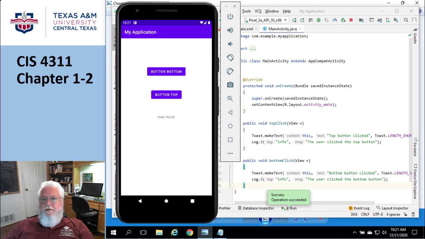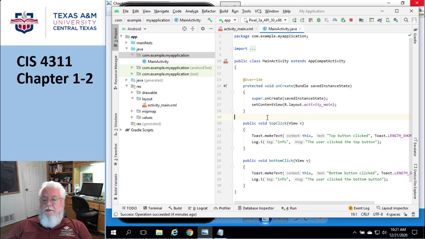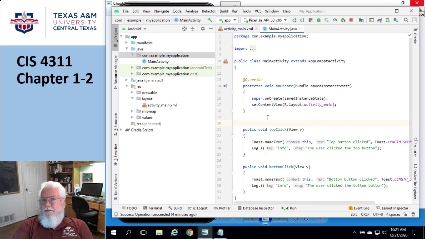Now you may have noticed that the technique I use for copying the button is a little different from the book, but that's okay. So let's continue. On page 58, we're talking about comments now. So I want to go to my code here and put in some comments. In Java, there are two ways you can do this. You can do what's called a line comment like that, which is just // and I can say, this is the event handler